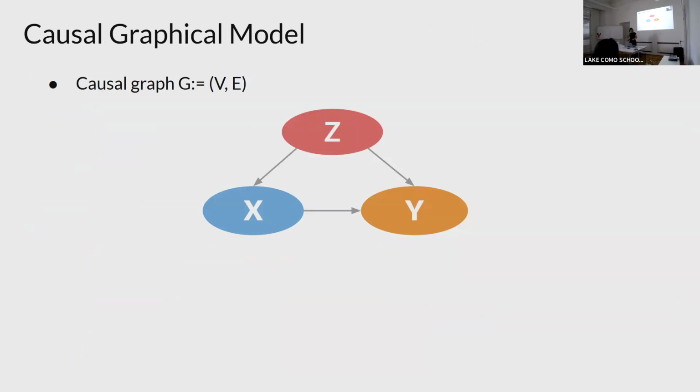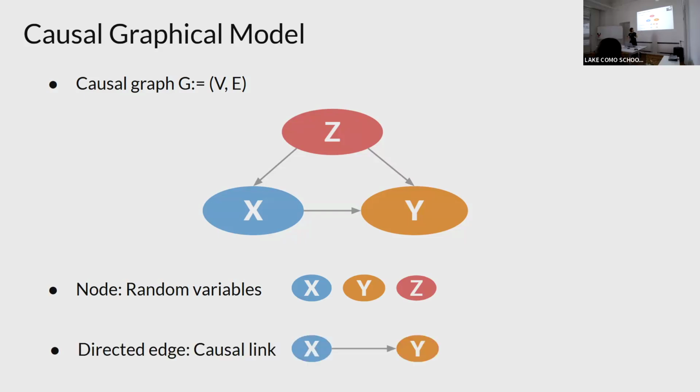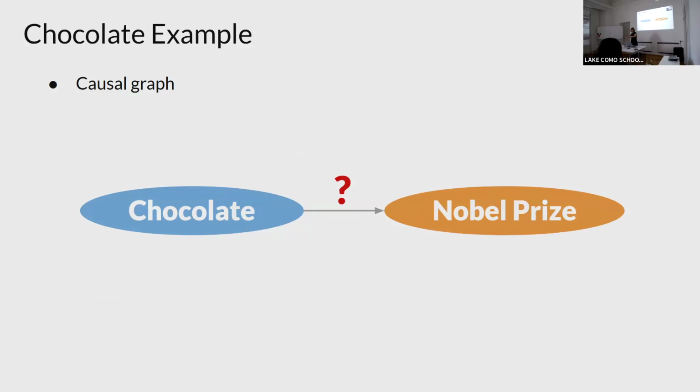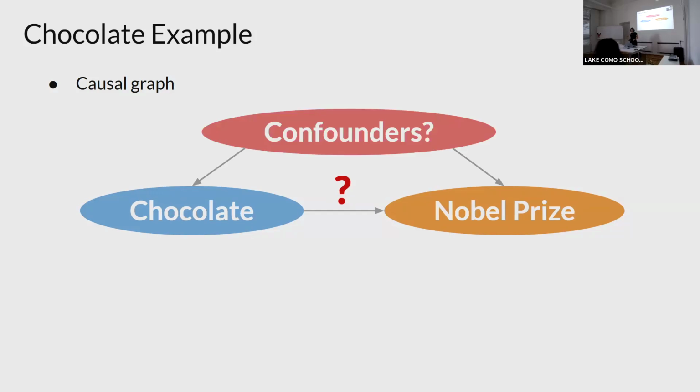So to make large language models capture this, we first start from a formal framework of how causality is represented. We introduce causal graphical models, from the community of Judea Pearl, a Turing Award winner. Basically, one of the most efficient ways to represent it is in a graph of random variables and edges, meaning direct causal links among the variables. So, turning the previous hypothesis into a causal graph means asking what the actual relation is between chocolate and Nobel Prize. The key behind it is that there might be some confounders, such as socioeconomic development, correlated with, for example, the set of Scandinavian countries, and it interferes with this correlation of